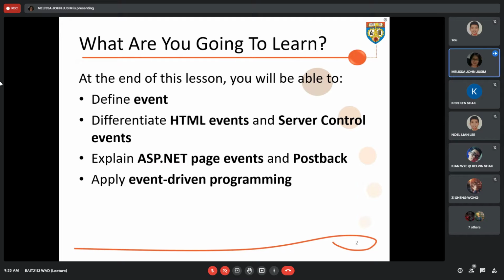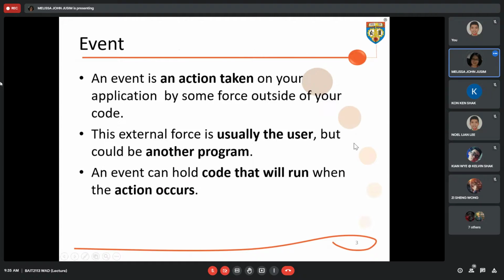this particular chapter. Now, the definition of event. What is an event? An event is an action, whereby this action is taken normally by the user, or it can also be triggered by another program. So when we write code for our event, the code will be executed when that particular action occurs.